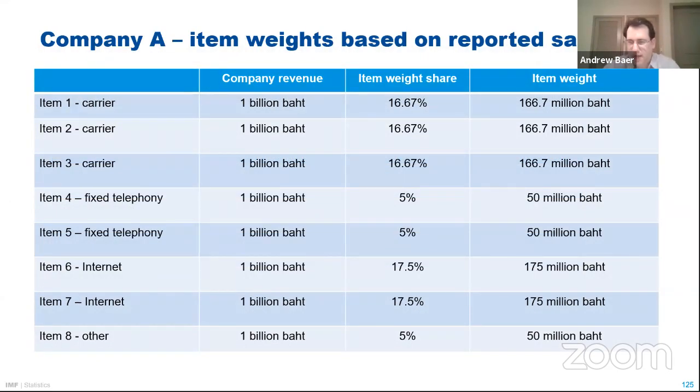Okay, for this company, we determined that we were going to collect 8 items. We made that number up. We said we want to get 8 items. Based on their sales by product category, we determined we're going to collect 3 items in the carrier services category, 2 in fixed telephony, 2 in internet, and 1 in other. I think you would be absolutely fine if you say, look, I'm just going to take 2 products from each of their 3 biggest categories. Simple, easier, no random numbers. I think that would be absolutely fine.